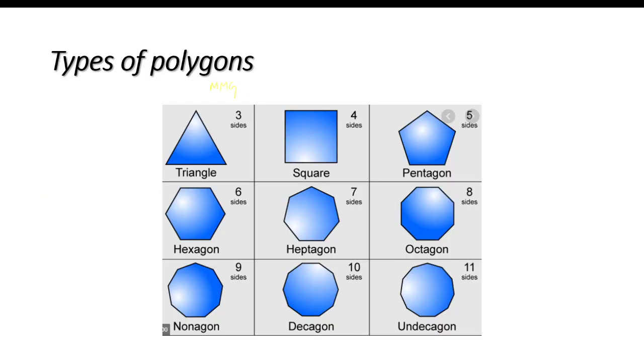Moving to the next page. Now these are the different types of polygon. Children, you all have studied triangle. A triangle has 3 sides, 1 2 3. This is a square, it has 4 sides, 1 2 3 4, and all sides are equal. Here you can see pentagon, this is having 5 sides, 1 2 3 4 5. And it is having 5 angles. Triangle has 3 sides and 3 angles. These are the angles. And here in a square we have 4 angles, 1 2 3 4. So same like that, here we have some more flat shapes. Please go through this.